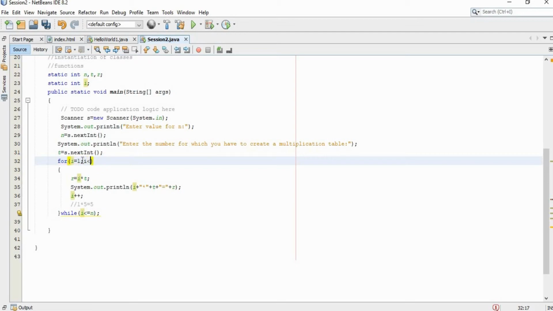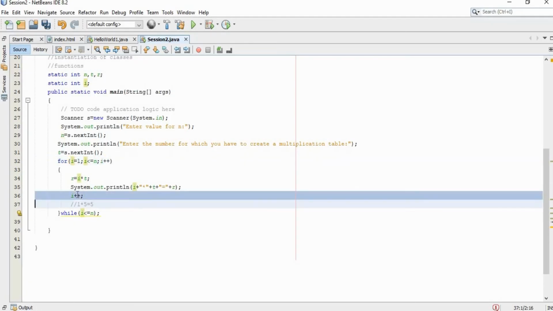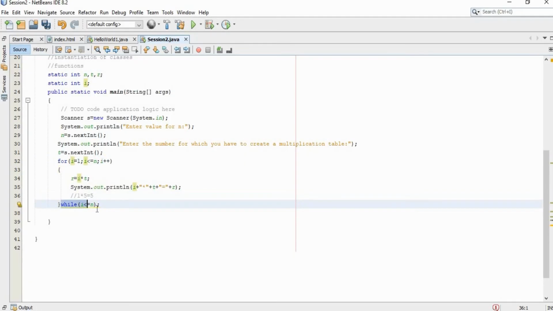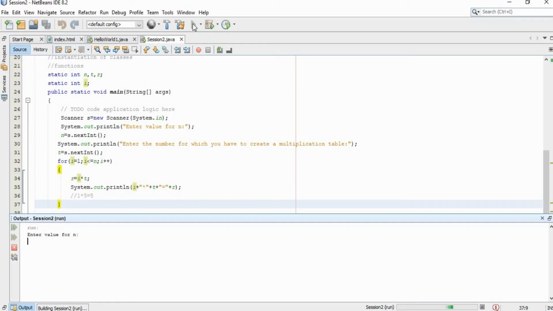After that we can provide a condition here, which is i is less than or equal to n, and we can have our incrementation segment. Just remove this while condition. Now run your program. Again we will get the same output. I am giving the end limit as 10 and I want to print the table for 5. We are getting the same output here also, right?